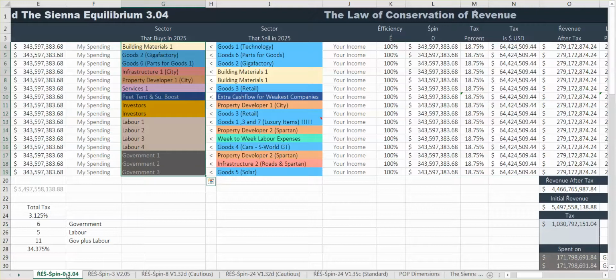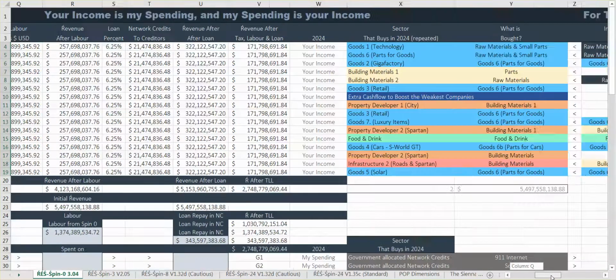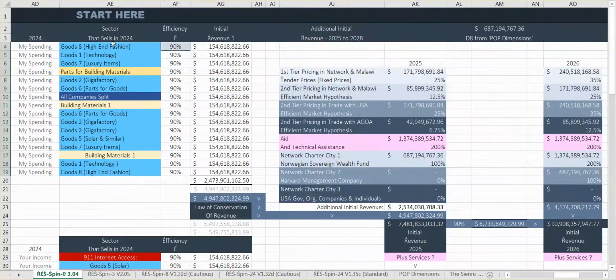The Law of Conservation of Revenue, Part 3. Moving to the right, please navigate back to column AE, and then AG, the initial revenue column. Now look at the bottom and we see 2.4 billion if E is 90%. Now look at the figure below, 4.9 billion, which includes the second 16 sectors of 2024, my spending